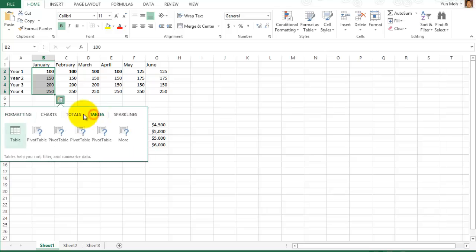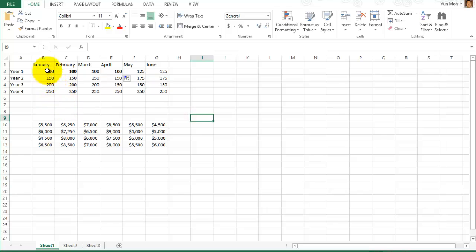Table totals. So I guess I'm going to just use an old method like that. Okay. All right. So moving on,